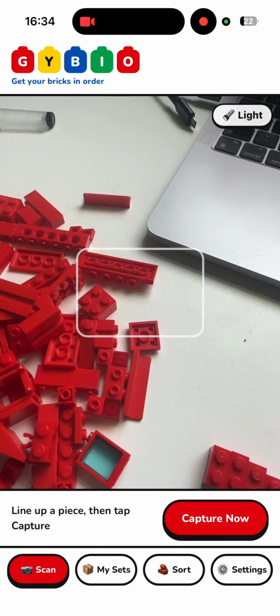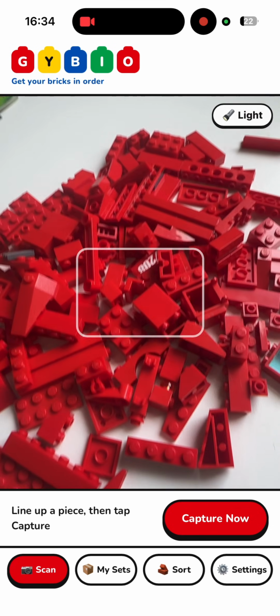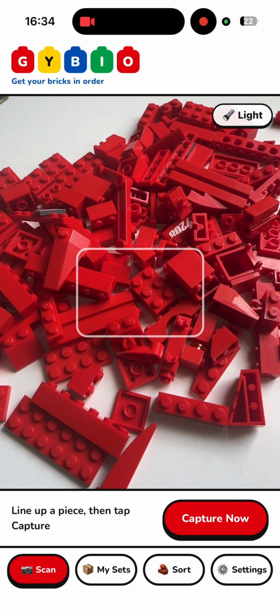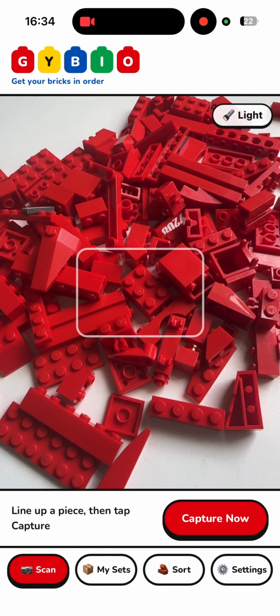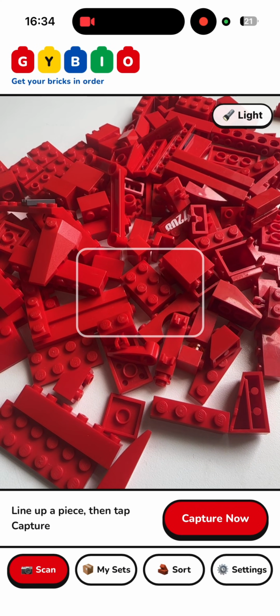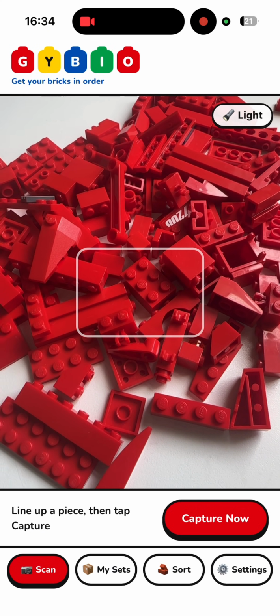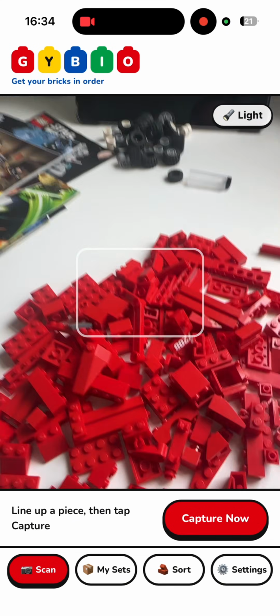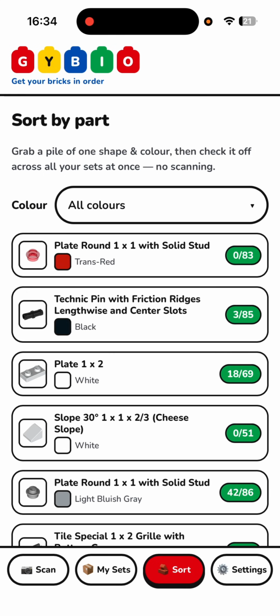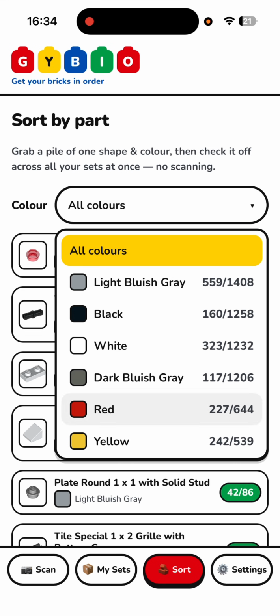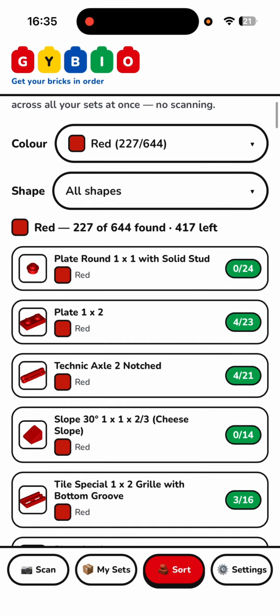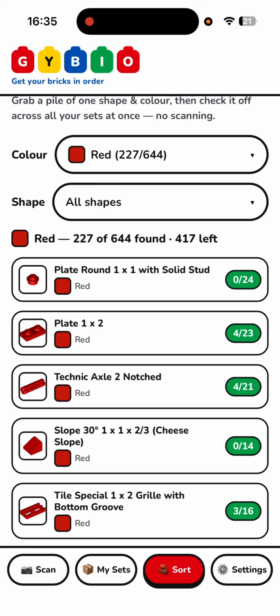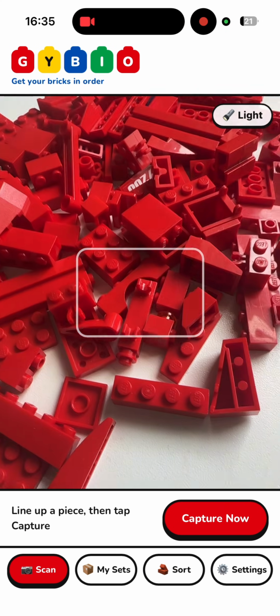Okay, so the way that I think the best strategy, and what I found to approach to putting the sets back together again, is to pick one of the colors and separate it out. The second part of the process is to try and use the sort by part option. Obviously by the color, choose the correct color, and then what we're going to do is, whilst you're looking for